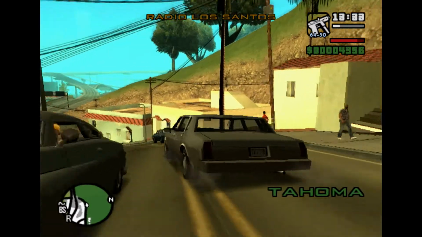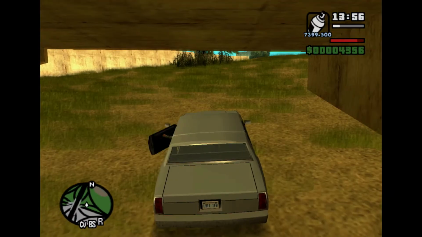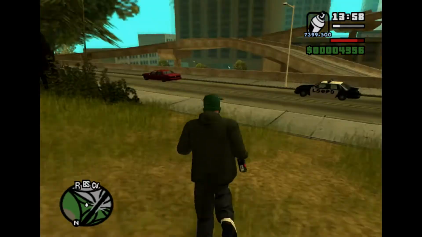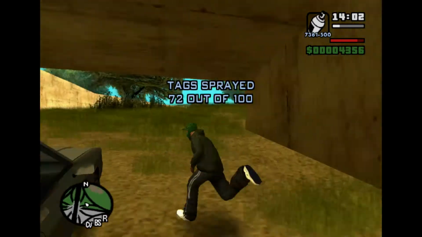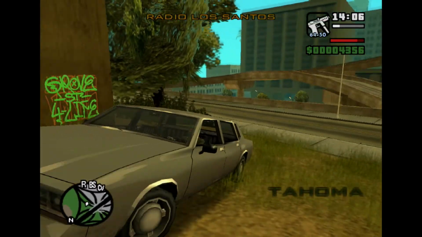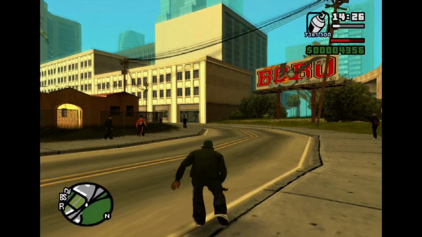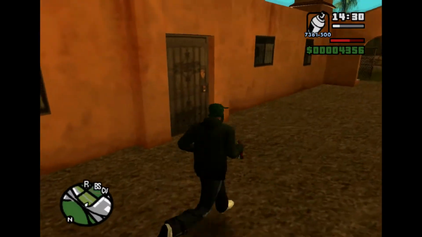Tag number 72 is on the side of the intersection, on sort of an intersection support, part of the concrete bit underneath it. Los Santos Vagos spray over there. Once you're done with that one, if you go off the intersection by falling, you can find this weird sort of